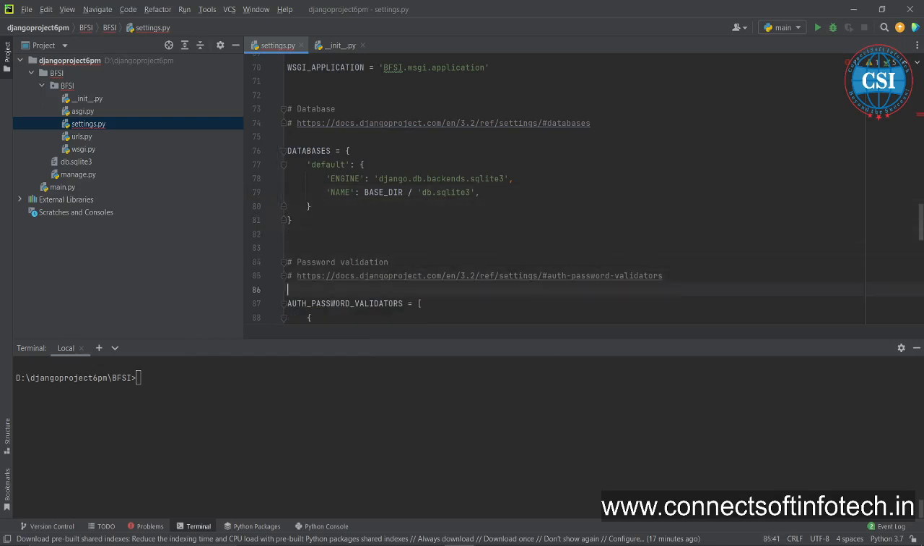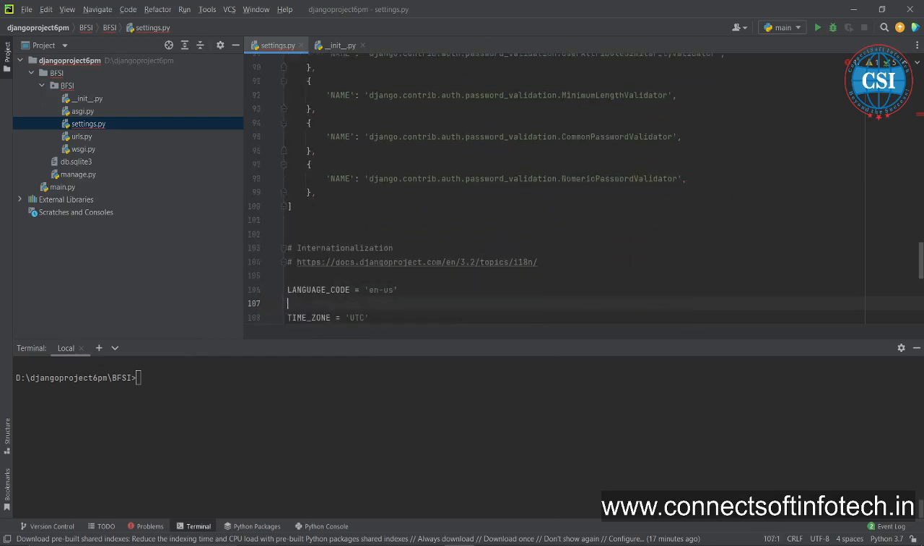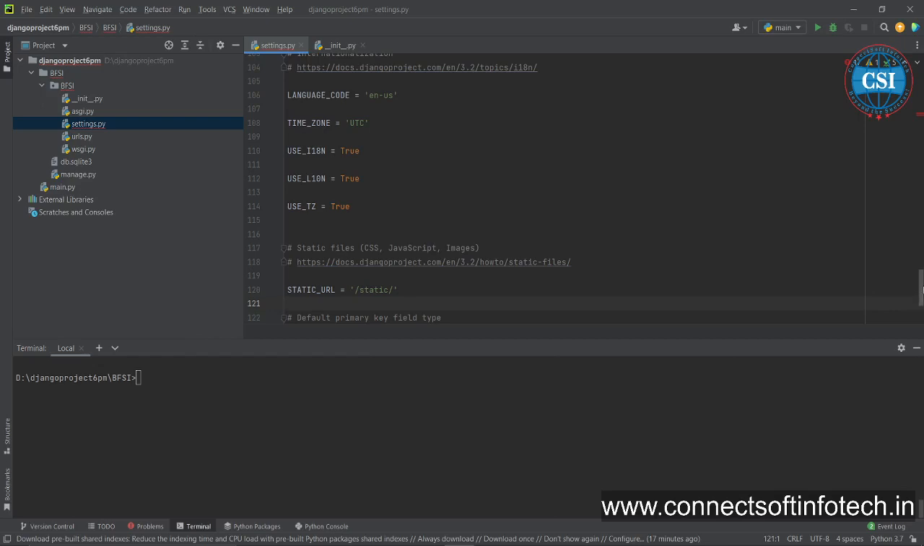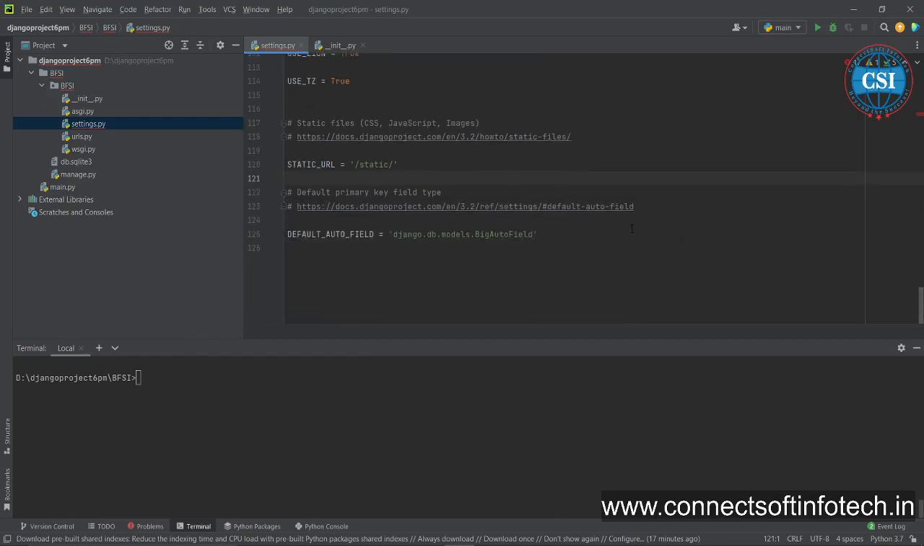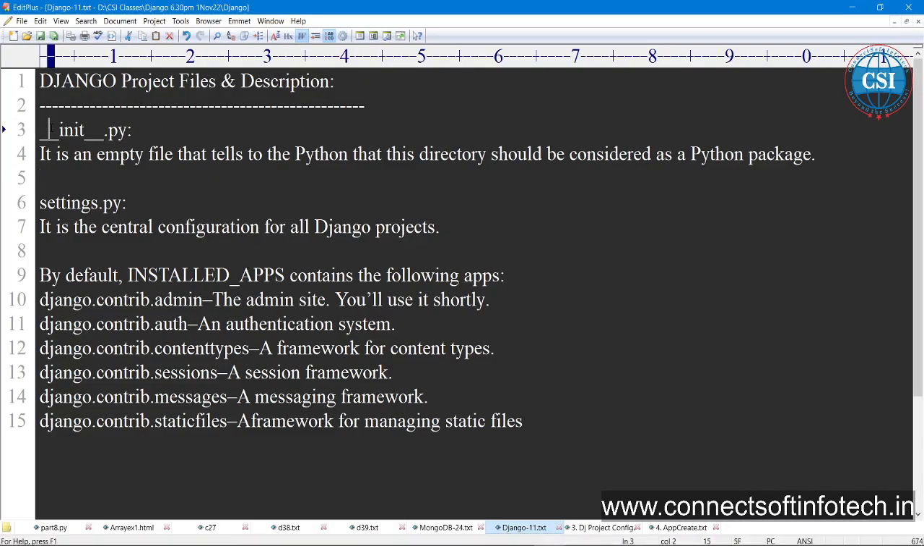Okay, no problem. Then here are authentication and password validation, so we have some settings here. Then static URL. Step by step, we are going to see these daily, so don't worry about this. Let us say I am going to copy here. This is the initialization file, which is an empty file. It tells Python that this directory should be considered as a